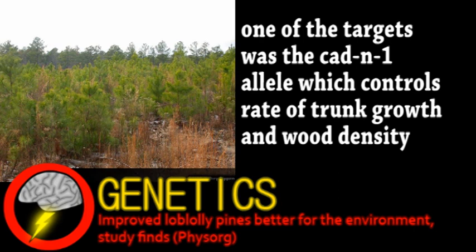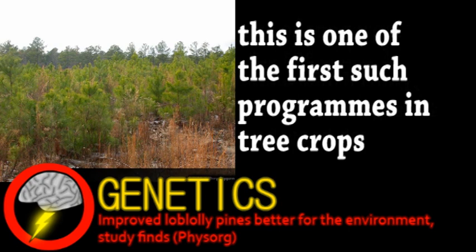It's hoped that as genetic tools continue to improve, so will the capacity to produce better carbon offsetting crops. Trees are normally hard to selectively breed due to their long life cycle, but now that genetic screening has been shown to be a useful tool in breeding trees, we could see the technology rolled out to other tree species